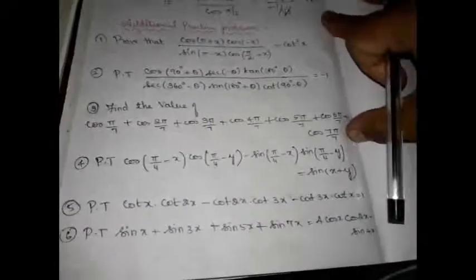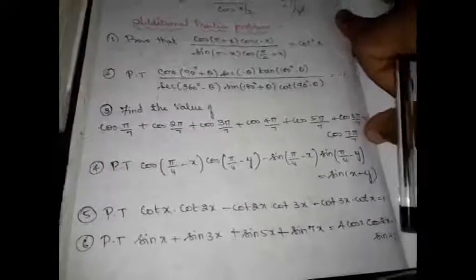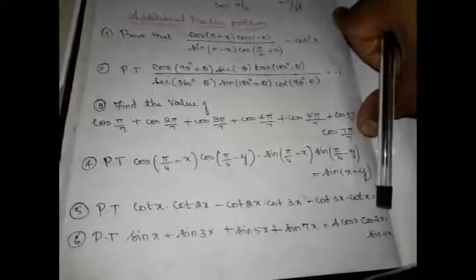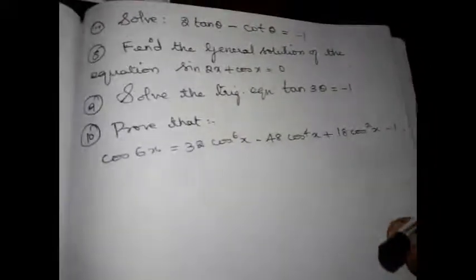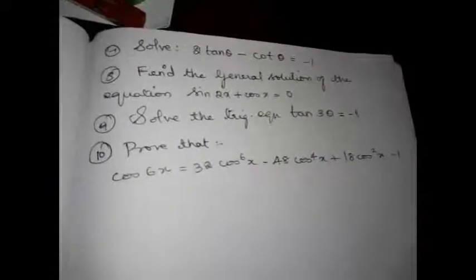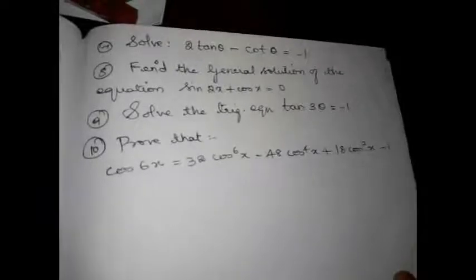So here I have given you nearly 10 additional practice problems. You are going to do them on your own. I am not interested in spoon feeding you each and every problem. All these problems are of the same kind as we solved so far, so I want you to do them on your own. If you have any doubt in between while solving, you can contact me, or else I am not going to help you out. So do these problems as homework and post them in the group, including the last problem in the miscellaneous exercise, and if you have any doubts you contact me, right? Thank you students.